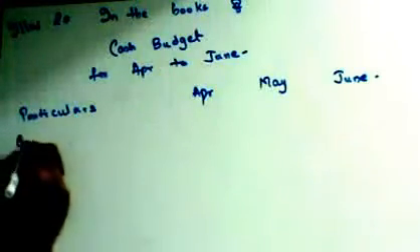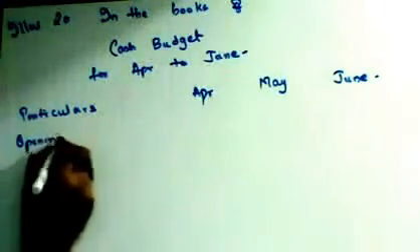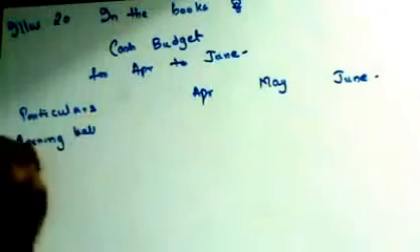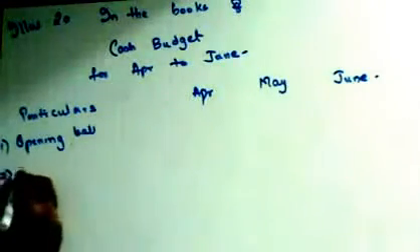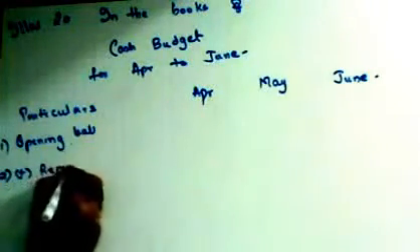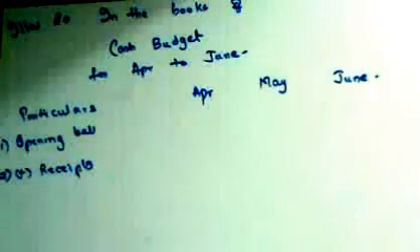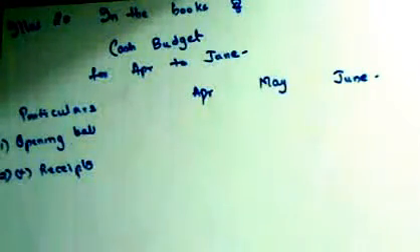You have opening balance, and receipts, less payments, will give you closing balance. Right? Let's start. Now, they said that prepare a cash budget showing bank savings balance separately for 3 months